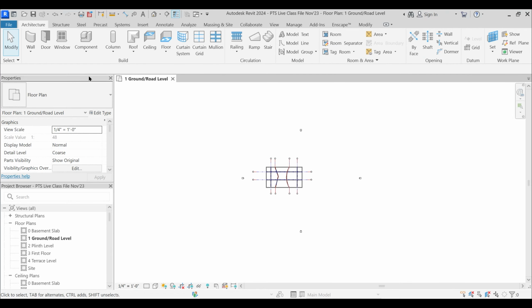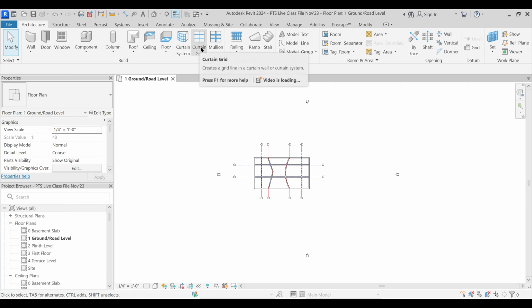Fine. So from today we are starting with the actual Revit. Yesterday was just an introduction. Today we are going to start with this particular architecture tab. Under that we have all the 3D drafting commands, and under that we have the build panel. Under the build panel, first is the wall.